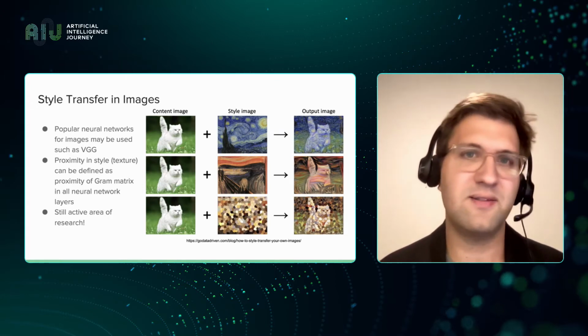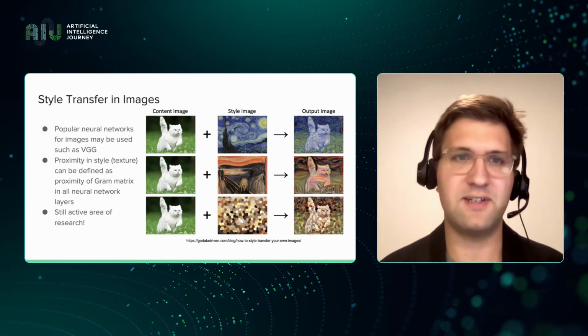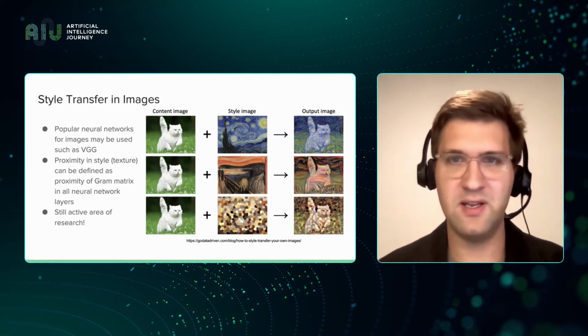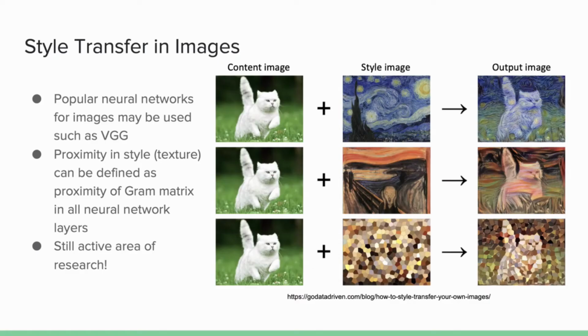Style transfer is done quite easily because there was found a very great way to do that. It turns out that if you believe that texture is the style, then in this matrix, gram is very suitable to describe the style. And those images where matrix gram in different layers are close to each other, then those images are most probably going to have a similar texture.